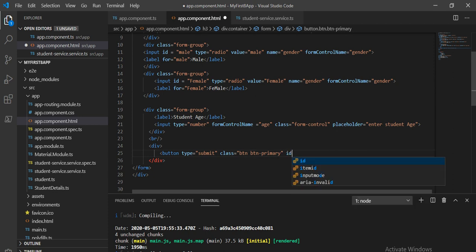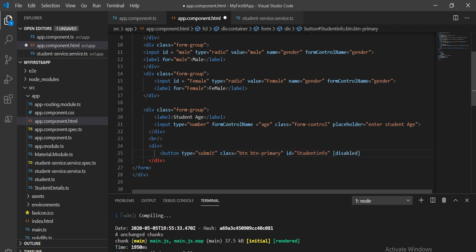And here I will take one ID, and the ID will be student info, and here I will put a property or attribute like disabled,